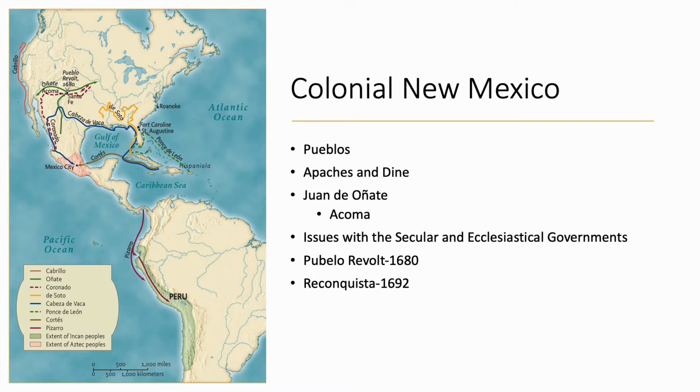During this time, the Spanish debated amongst themselves: should we try to reconquer this area? Should we even bother with New Mexico? What's the point? But starting around 1688, there started to be reports that both French and English parties of explorers were starting to wander around this frontier region of what we now call the American Southwest. And so this really disturbed both the Viceroy and the King of Spain.